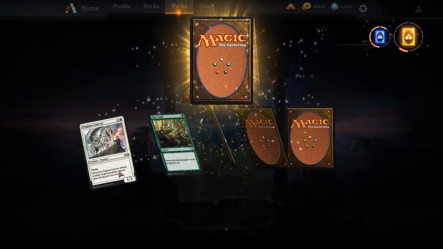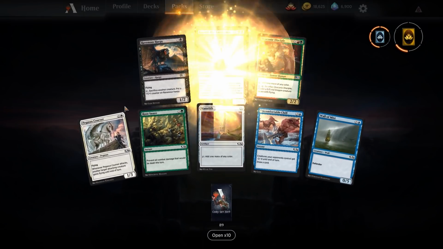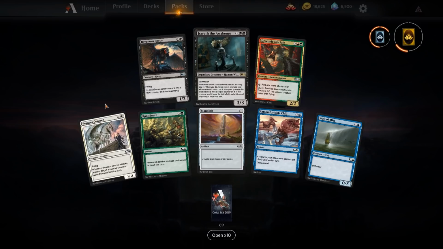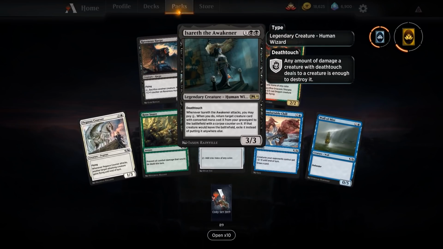So I haven't seen too much of this set, although I've seen a little bit of the rares and mythics. I will at some point be doing a draft of this set as well, because it looks pretty cool, but probably not the competitive draft, because I don't really like putting gems into a draft, specifically if it doesn't allow